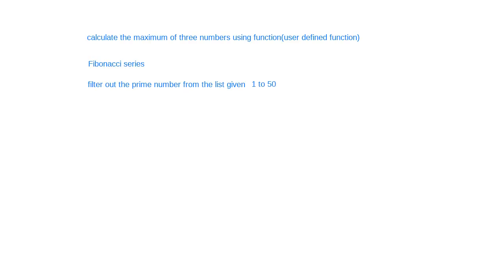The simple way of creating a list from 1 to 50, instead of manually putting in the elements from 1 to 50, is to make use of the range function. A sequence function is not there in this particular language, that is in R. You can make use of the range function, right? And then you have to filter. Even numbers we have already done.